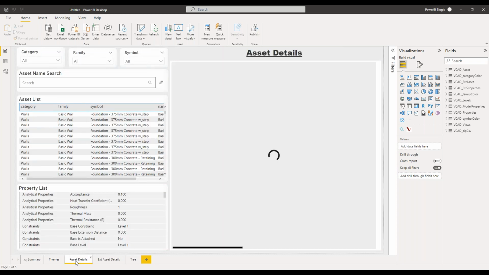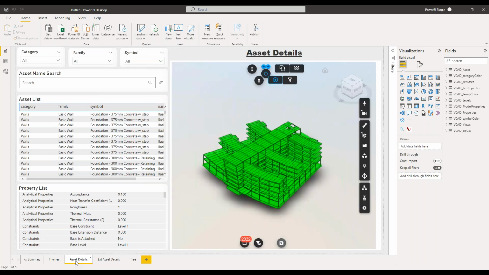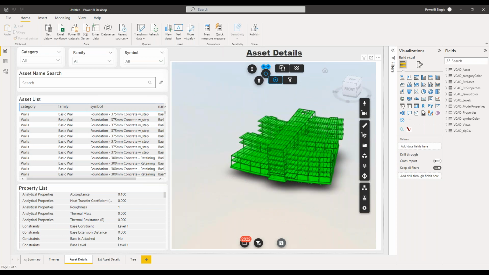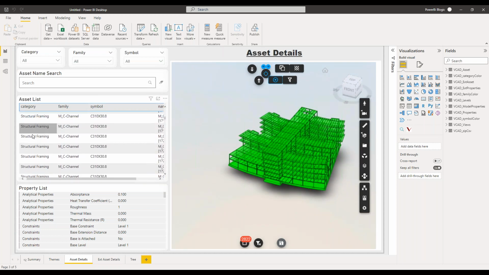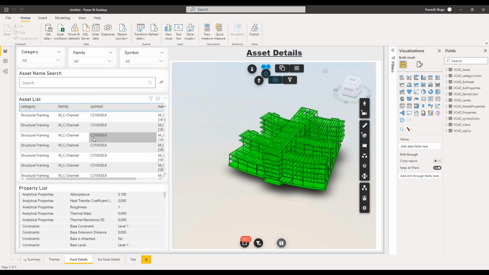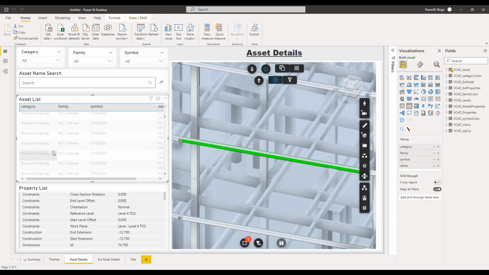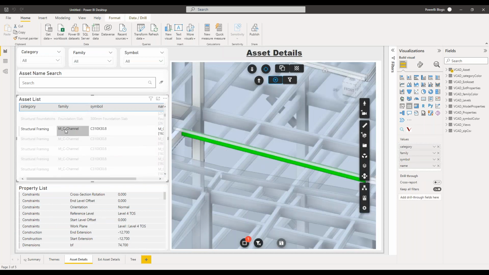The asset detail report gives us some more in-detailed information about the actual objects that compose our model. So again, we have our model here, and here we have the list of every single object that was defined in our model. Of course, there's full interaction between the data and the model, so we can make selections in the assets list, and we can highlight and zoom into the object that we're looking at inside of